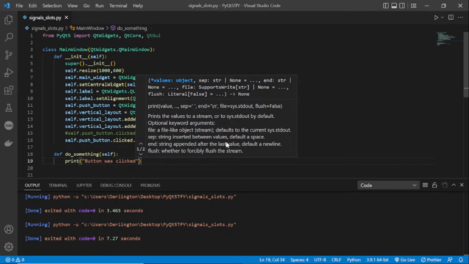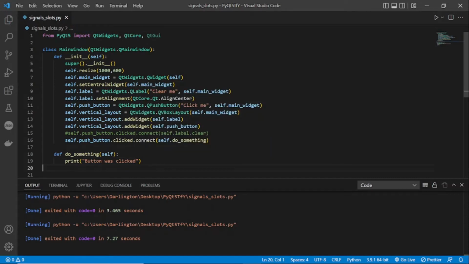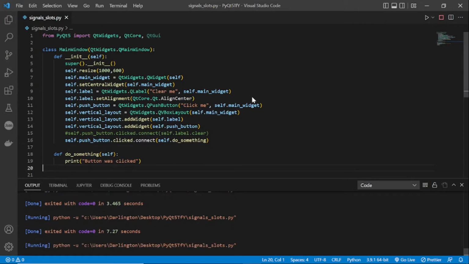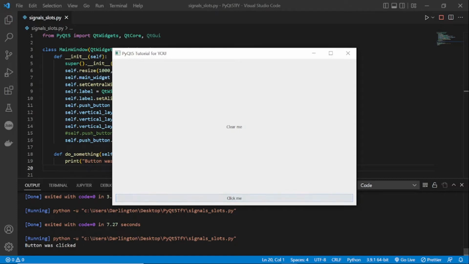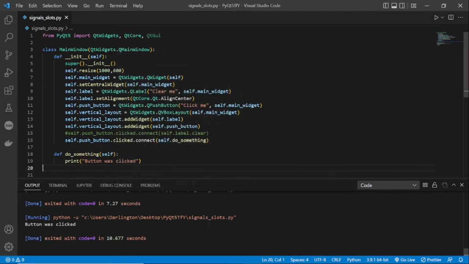So now if I save this and run it, and I click this button, you can see "button was clicked" at the bottom here. Okay, so that's how to connect a signal to a method that you created yourself. All right,